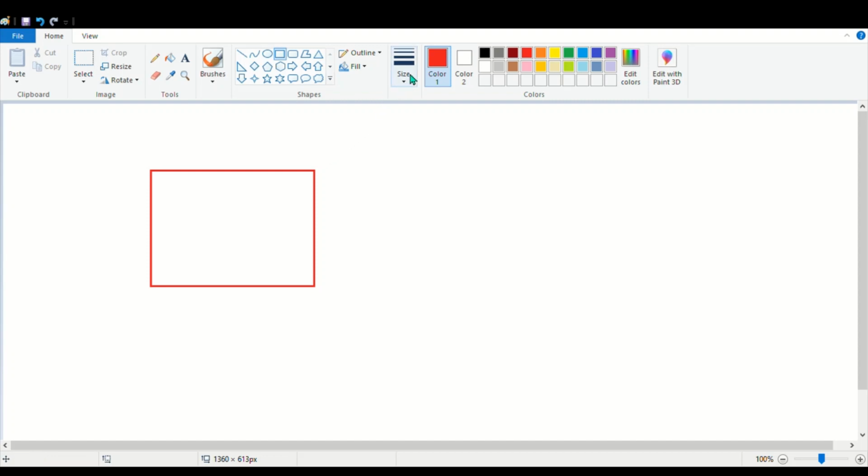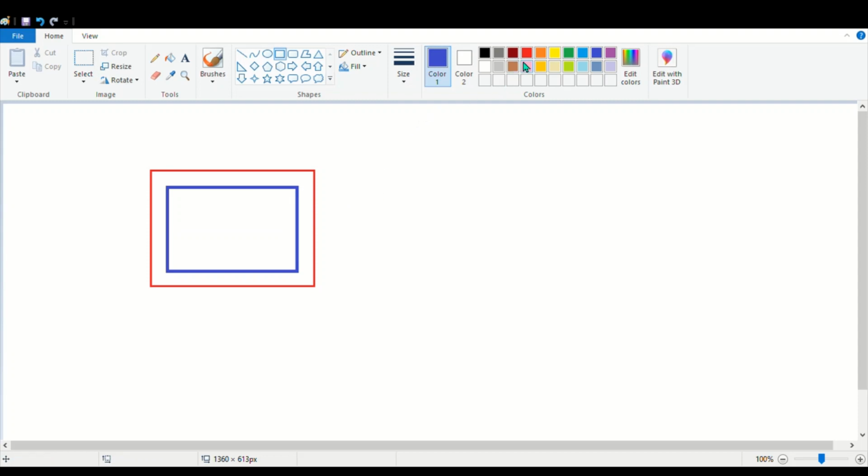Now this size option, you can select the width of the line. From the color option, you can select a different color. You can again come back to the drawing area, press the mouse left button, keep it pressed and move your mouse. The rectangle will be drawn. Now you leave the left mouse button. This line is for editing. If you don't want to edit, just click outside and you can finish drawing a rectangle.